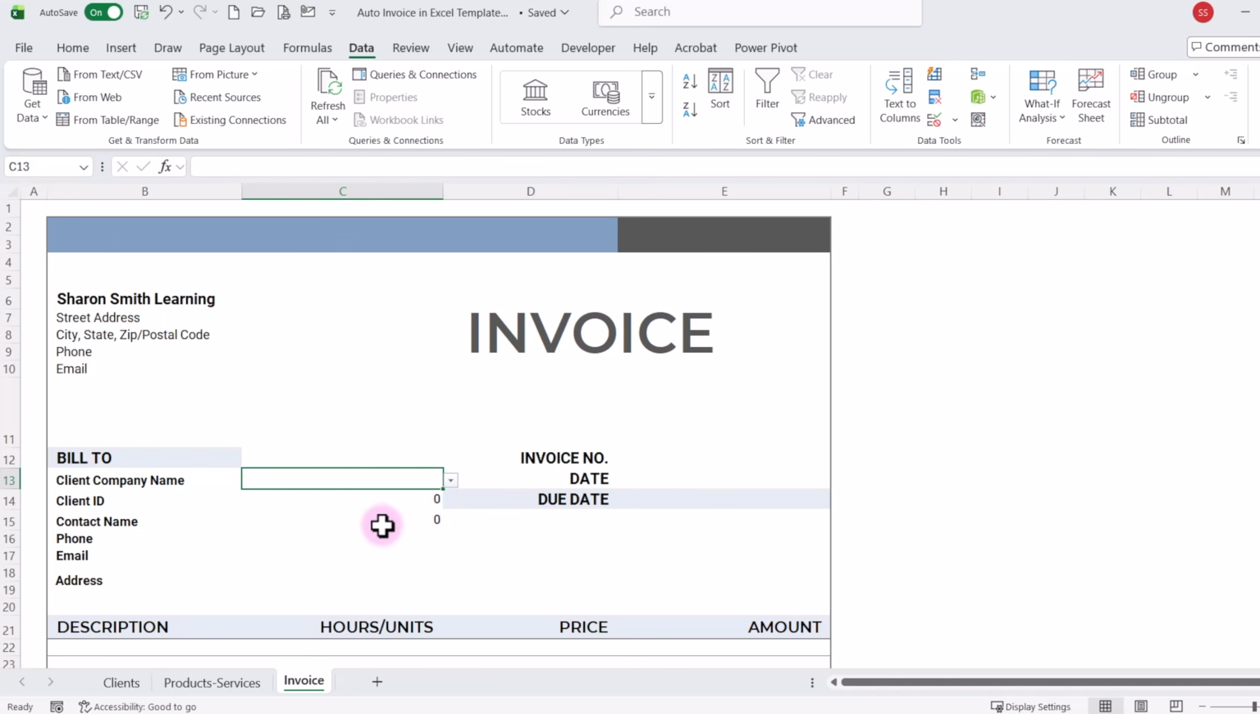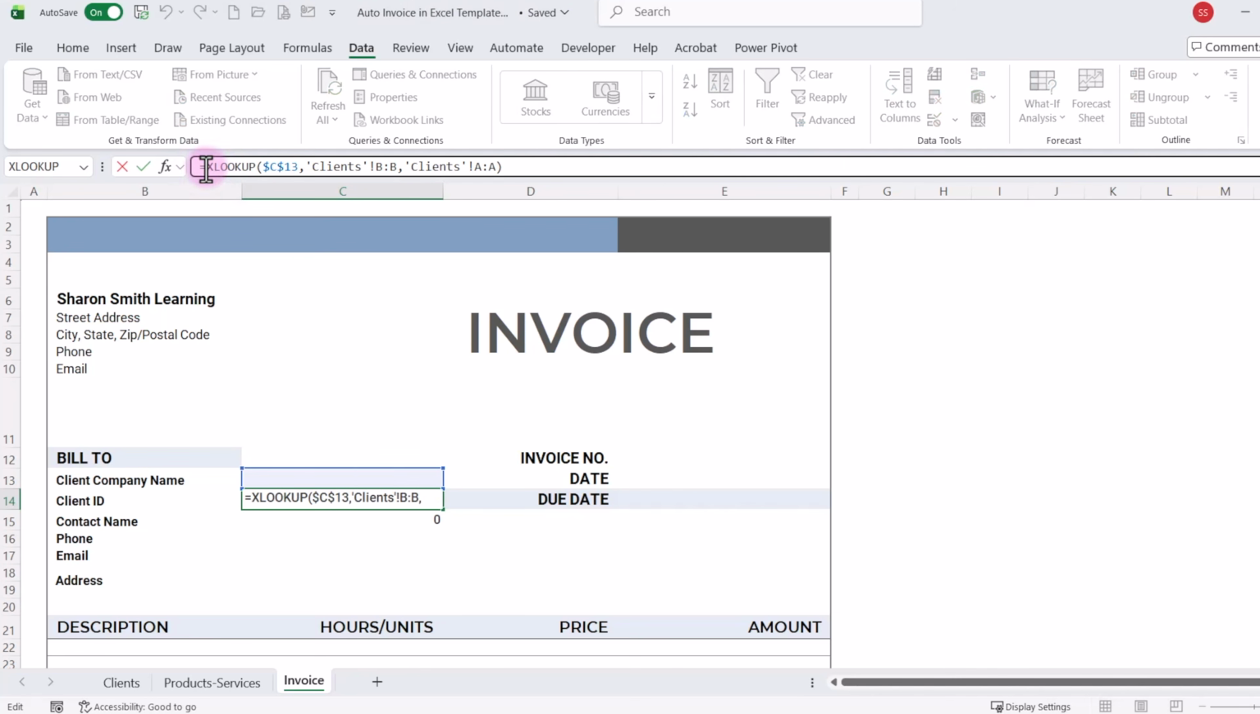So what we want to do is wrap the XLOOKUP formula in an if statement that will show blank if no value is in the company name. So just come up to your formula bar, and where it says equals, place your cursor, and then just type if, open parentheses, and the logical test is if this cell equals blank, so we're going to just put two quotes, comma, then we want to return blank, so just put two quotes, comma,